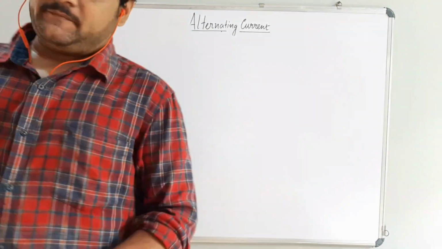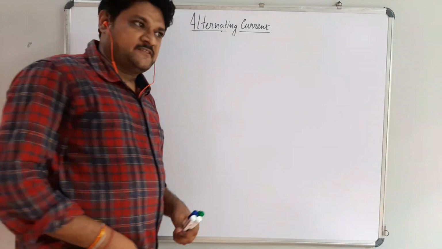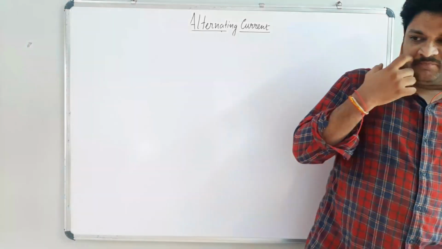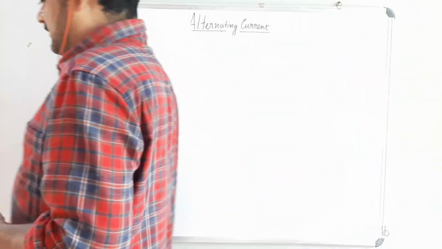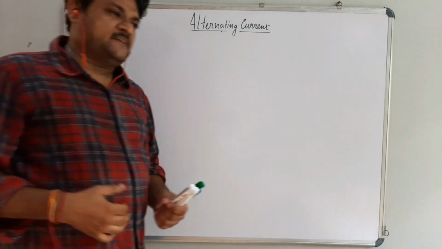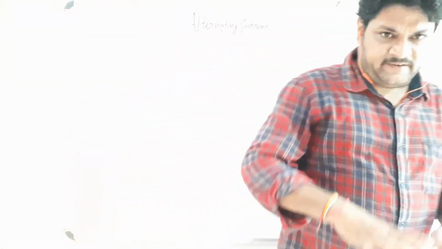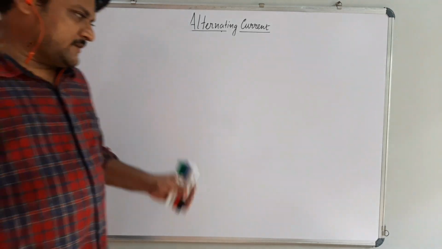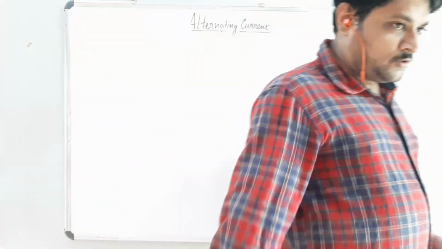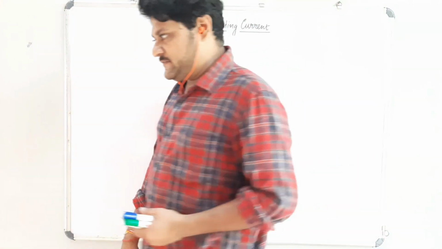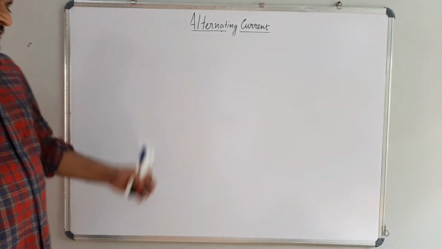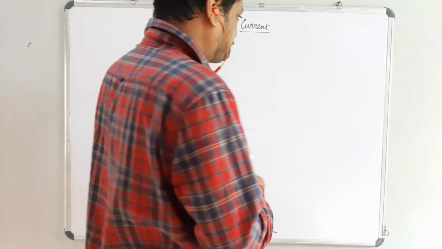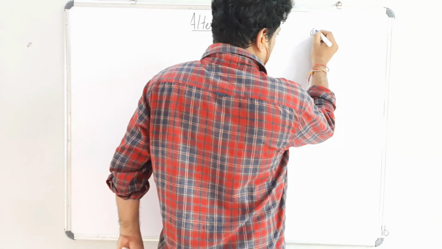So in the previous class I discussed the phasor diagram, phase difference, the interpretation of phase, and how you can represent a phasor diagram or wave diagram. In today's class, as I told earlier, I will discuss the RMS value. So today's topic is nothing but the RMS value